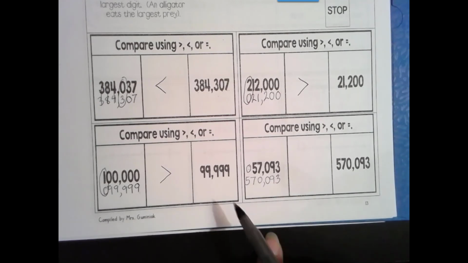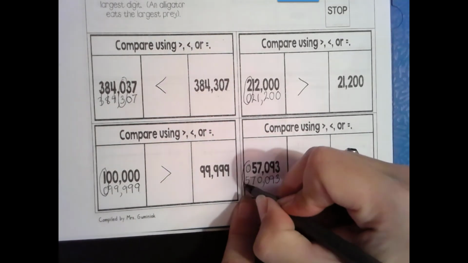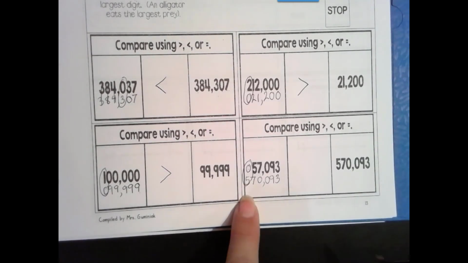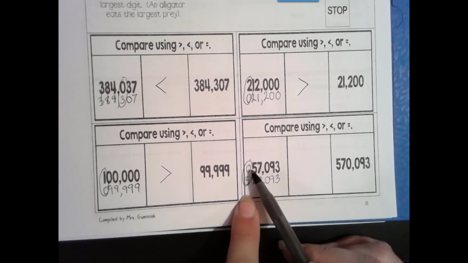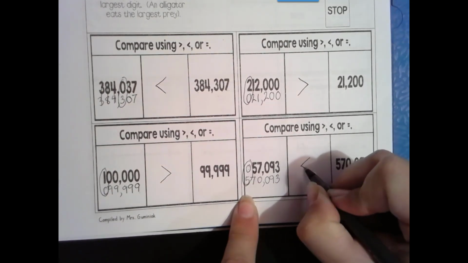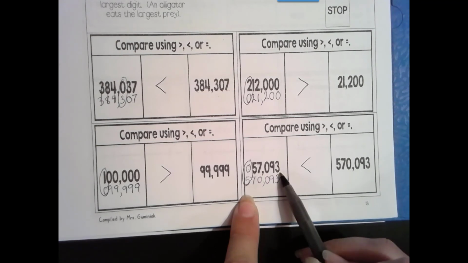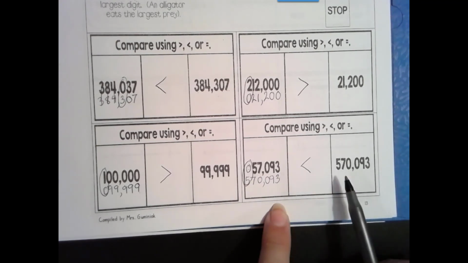If one of them has 6 digits, the other one should also have 6 digits. So now we start from the largest place, which is 100,000s place, and they are different. Which is greater? No 100,000s or 500,000? Well, 500,000 is greater. So 57,093 is less than